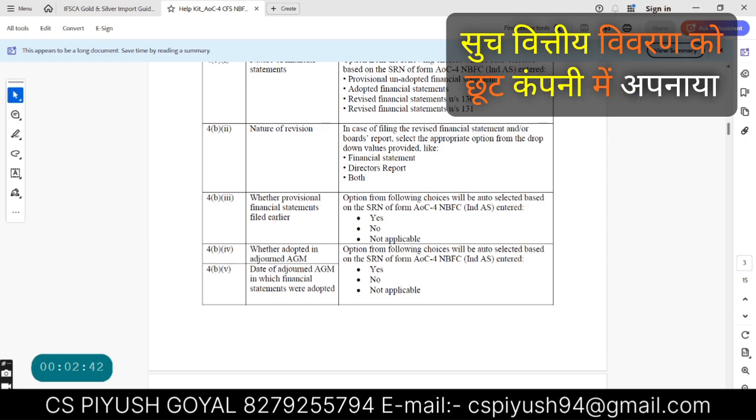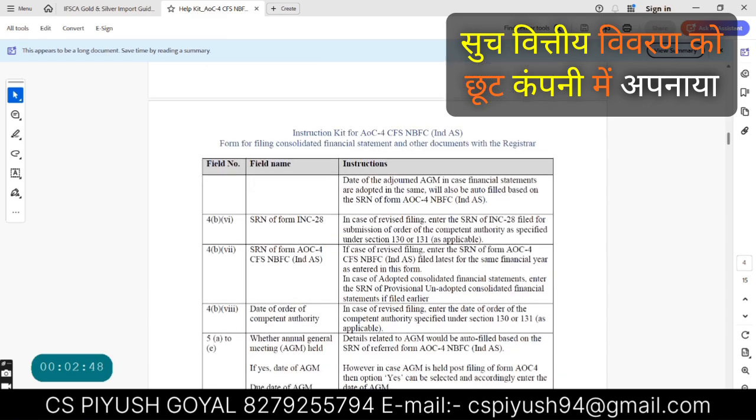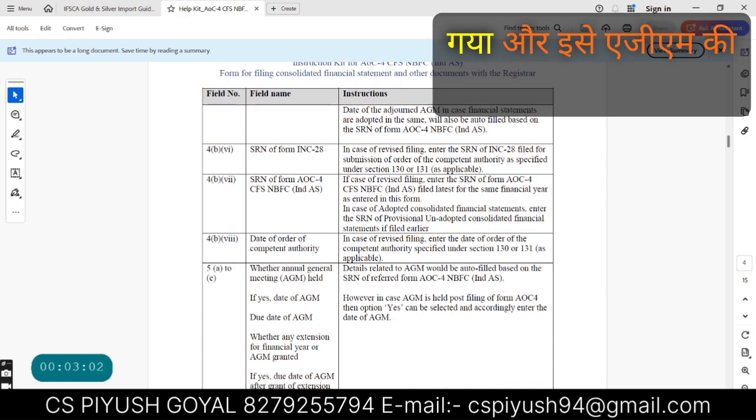If you adopted it in an adjourned AGM, then the requirement to mention arises. Then mention the SRN of Form INC-28. In case of revised filing, the SRN of Form INC-28 will be submitted in the drop down box. Then the SRN of AOC-4 CFS NBFC.